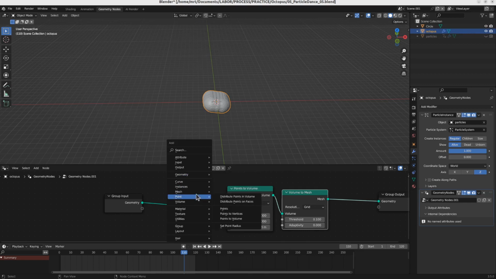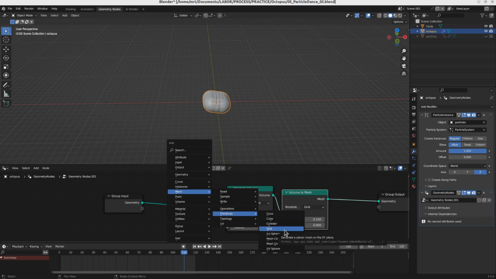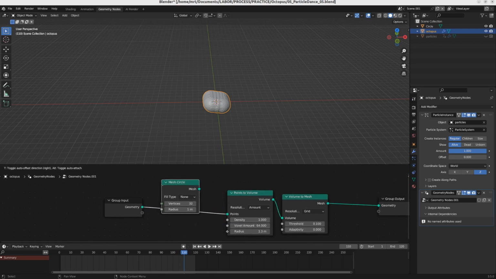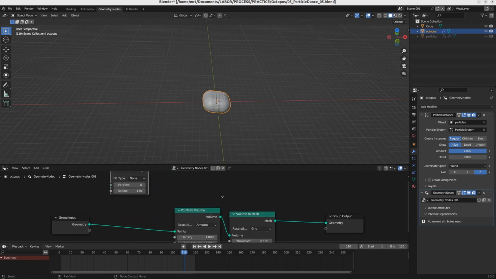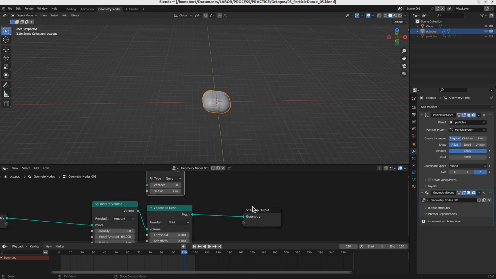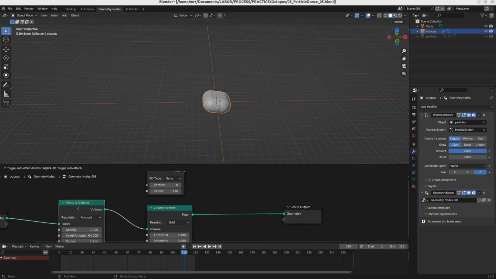We will add a new mesh primitive. Maybe you notice I'm using the new Blender 3.5, so therefore the geometry node structure is a little bit different. A mesh primitive, circle. Mesh circle here with 8 pieces, and I will again instance this structure,